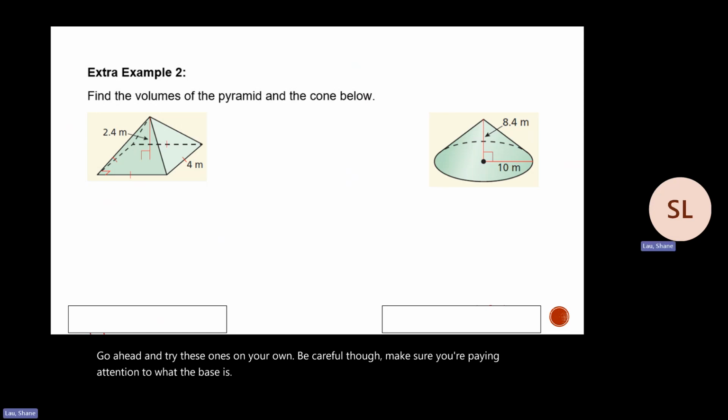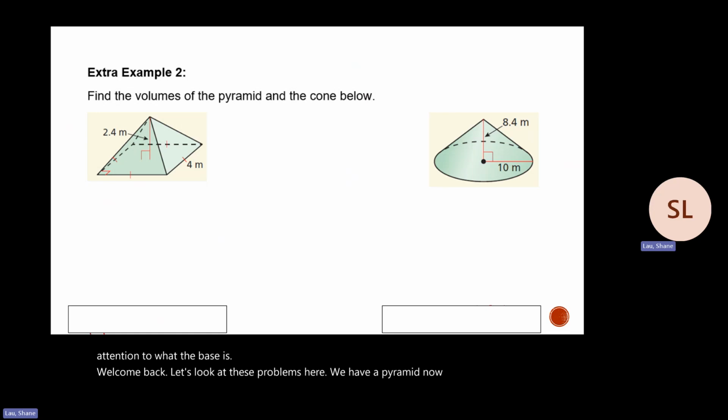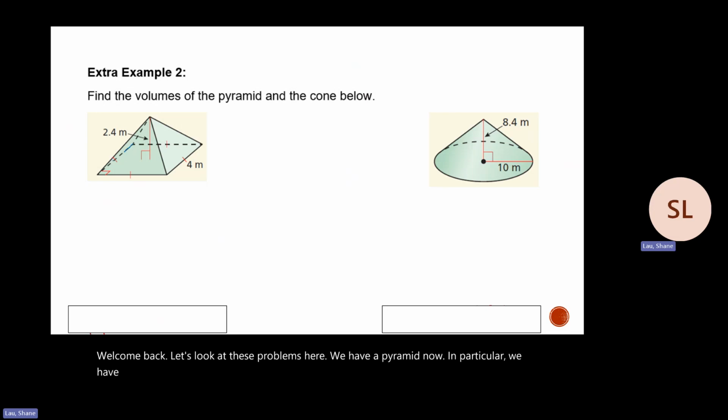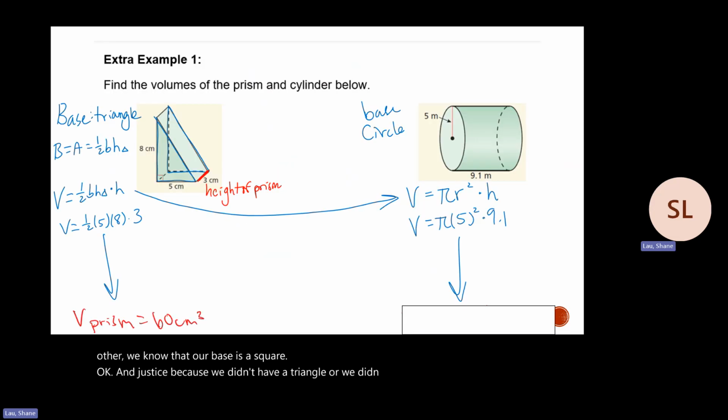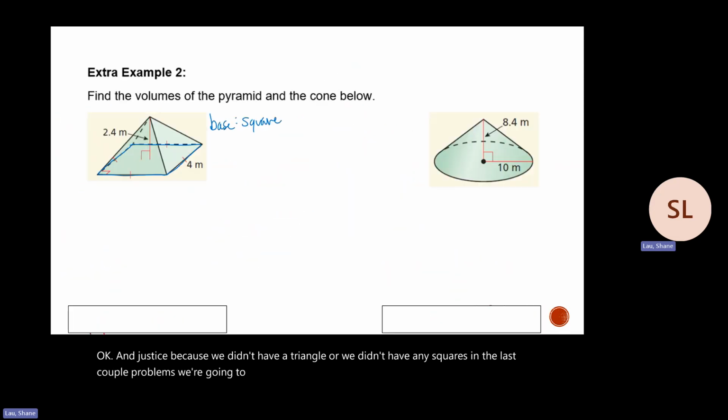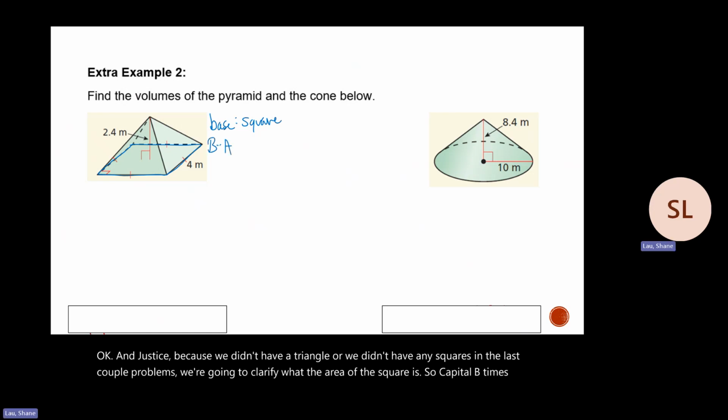Welcome back. Let's look at these problems here. We have a pyramid. In particular, we have a 4-sided base for our pyramid. But because all 4 sides are congruent to each other, we know that our base is a square. Just because we didn't have any squares in the last couple of problems, we're going to clarify what the area of the square is. So capital B, the area of the base, equals A,